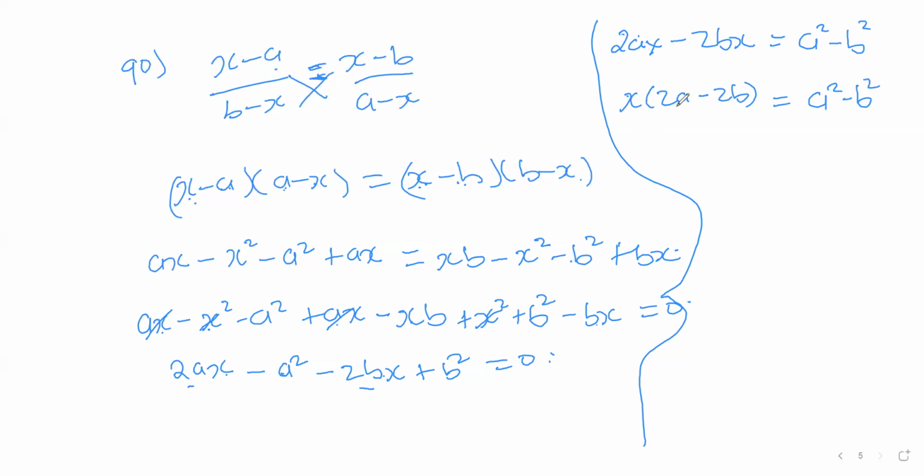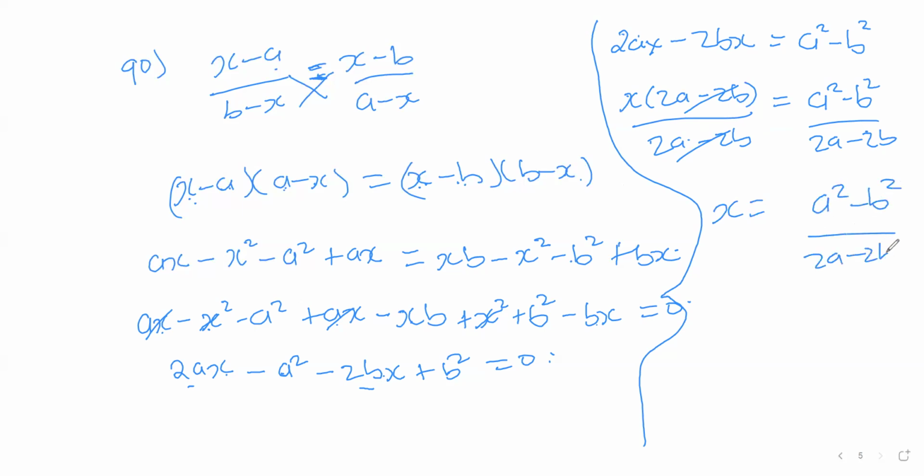Then this quantity is being multiplied by x, so we can divide both sides by it to eliminate it from that side. This cancels, and our x is a squared minus b squared over 2a minus 2b. Okay, so practically these are solving equations, and this has brought us to the end of